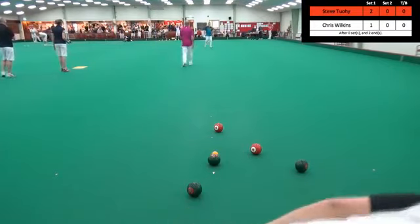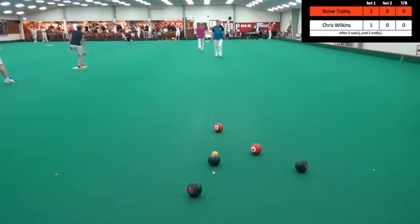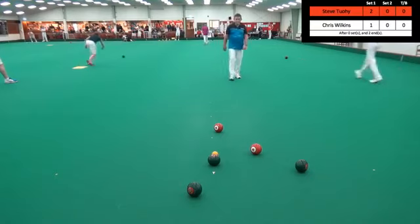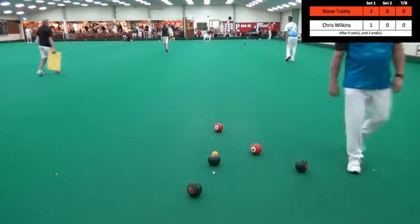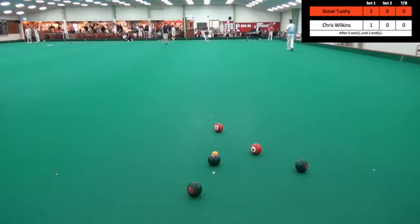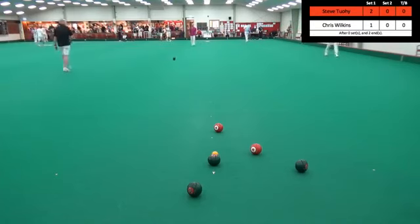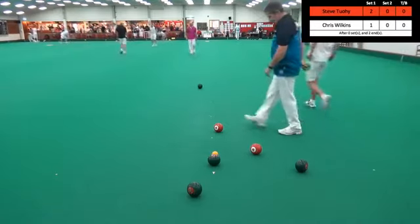Yeah, I think Scott was looking to get a set of green Revolutions for the portable rink when he recently played at Potters in the World Championship. The early part of the tournament, the carpet was really fast, and he was looking for a set of Revolutions with scoop grip, and he couldn't find any. He ended up borrowing sets of bowls and using other people's bowls, which obviously is not ideal when you're playing in the World Championships. And I think Steve's just let Chris off here, so it's one to Chris, one to